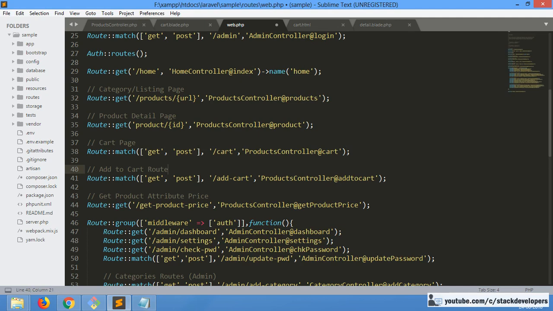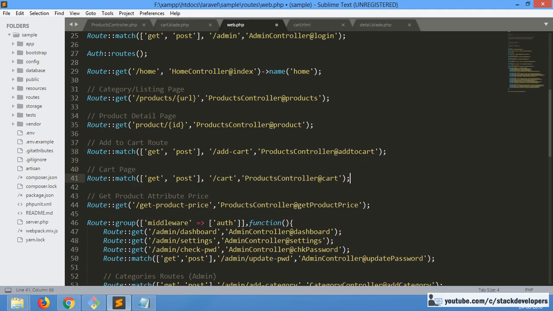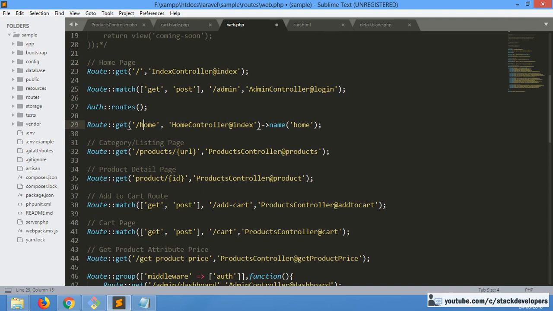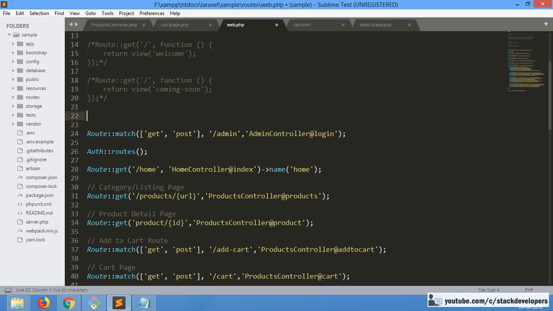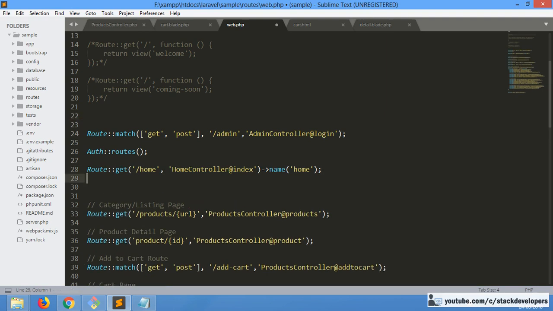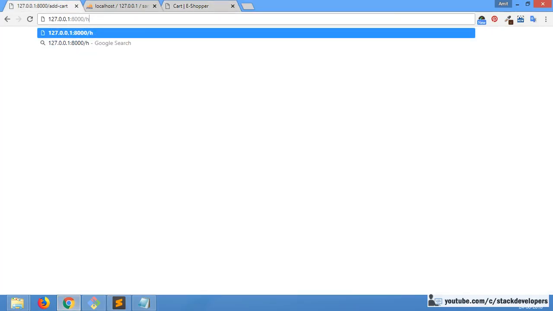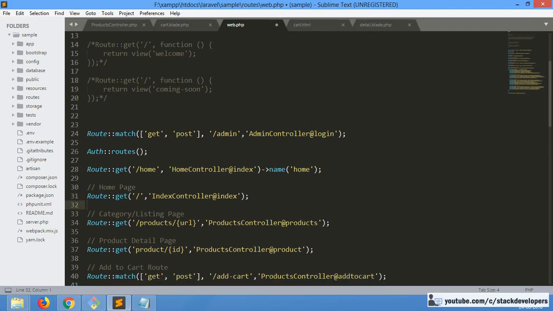And see, we will do it in symmetry first, like this. Okay, this is the symmetry we are working on. First listing page, then detail page, first home page. So see, here is the index. This is the home page file. Yeah, this is the index page itself. Okay, this is the index page, home page. You can see index page. Let's see, and we will also see which page it is, home page. We don't know which page it is. Okay, see, this is the index page, and after that listing page, after that detail page, then